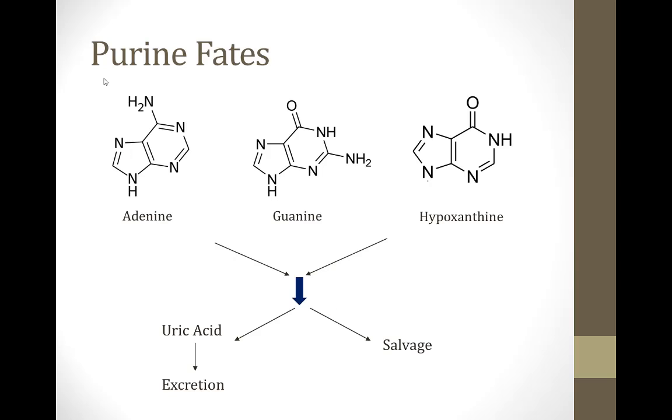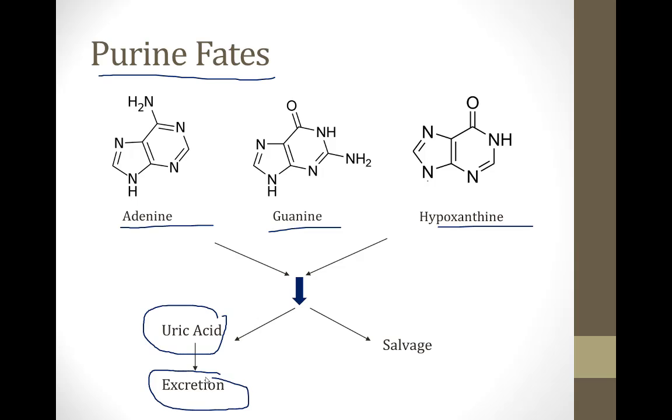So nucleotides do not last forever. They will break down inside of cells, and free-floating purine bases will be found inside of cells. So let's talk about the potential fates of those free-floating purine bases. The three purine bases, recall, are adenine, guanine, and hypoxanthine, and they can either be converted to uric acid, which can then be excreted by the kidneys, or they can be remade into nucleotides, and that is called purine